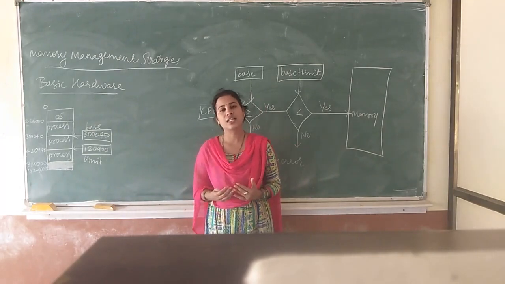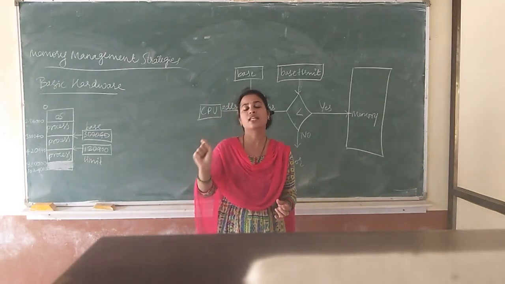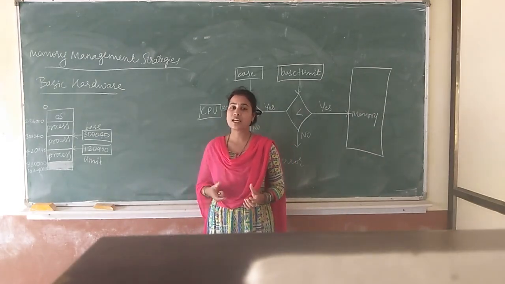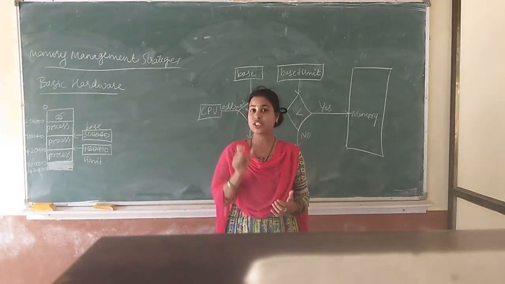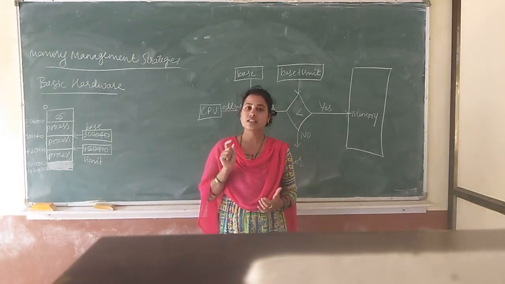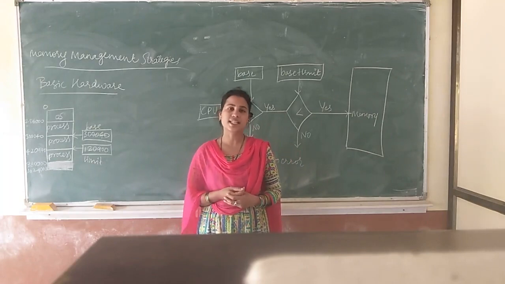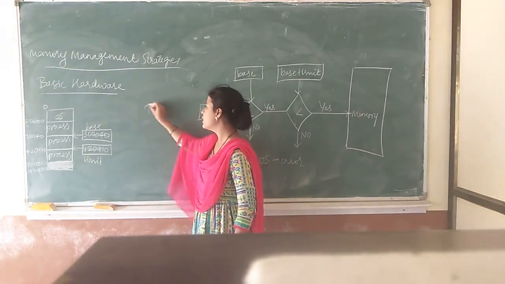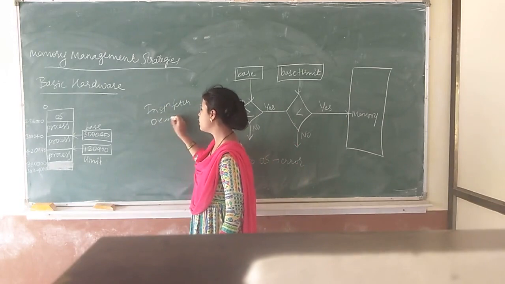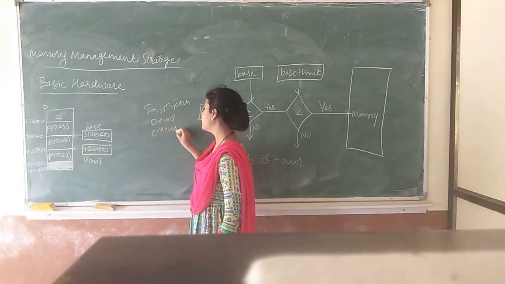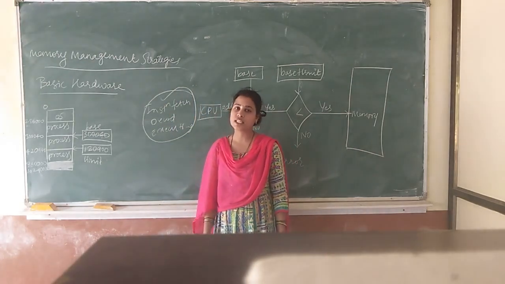Generally we can say that memory is a collection of an array of memory locations, each of them having their own addresses. You can take memory as an array of words. Each cell is a memory location and each cell has its own address. Whenever an instruction is executed, the instruction fetch phase happens, then instruction decode happens, then the instruction is executed. These are the three steps followed for executing an instruction.